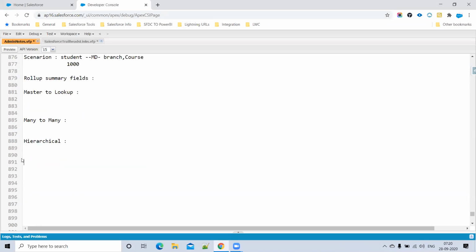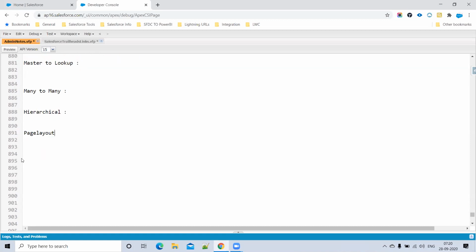Now we can move to page layouts. So what is a page layout? To organize or arrange the fields, buttons, lists, or quick actions. Correct. To organize your page, like fields, buttons, related lists, what else? Anything. Even if you want to add any reports on the page, we can add buttons, custom actions, anything. Right? So that is the purpose. Okay.